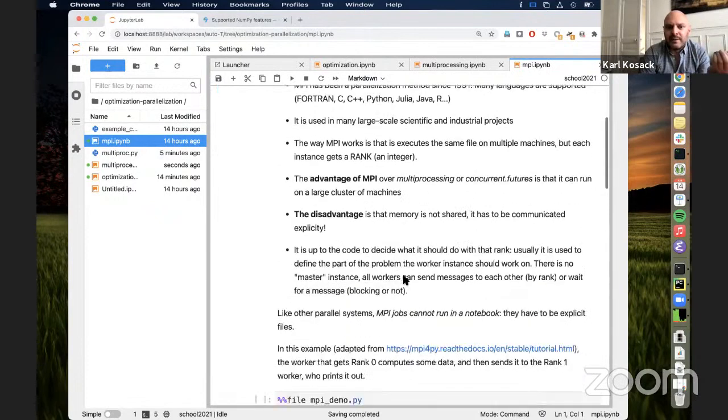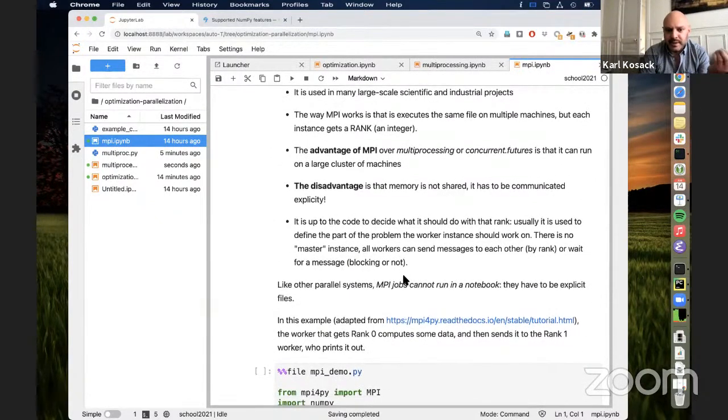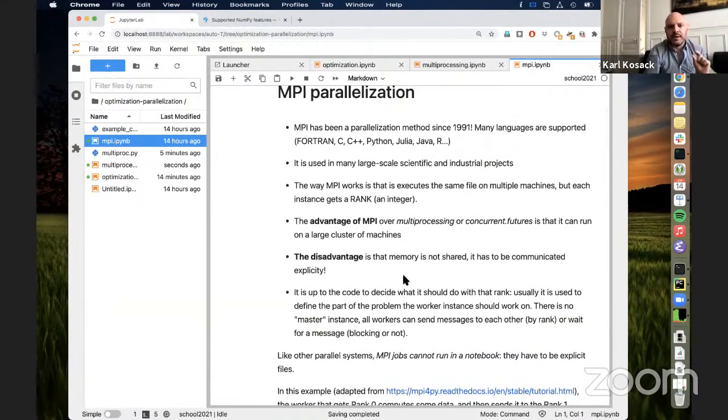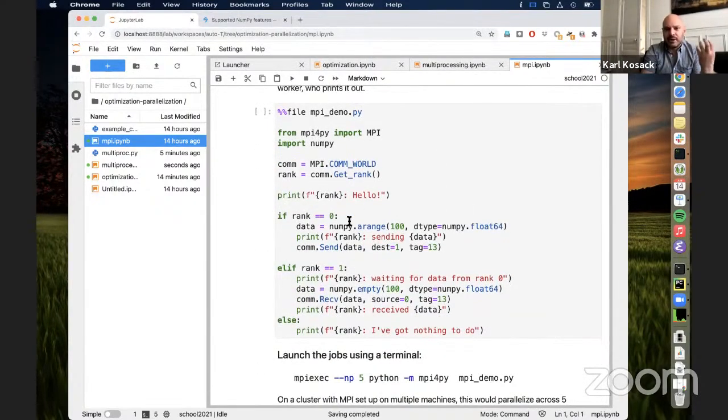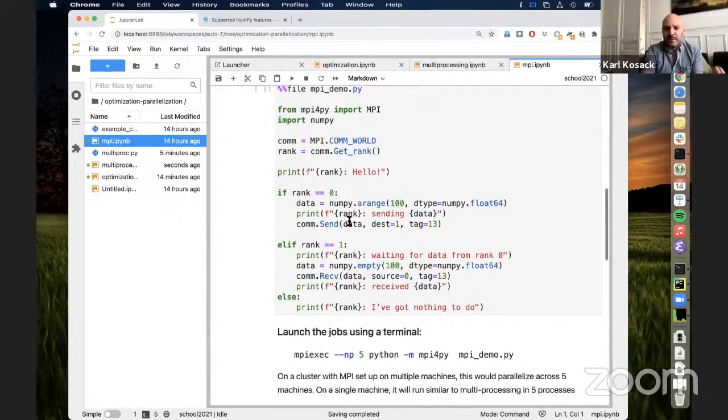This is another way of doing parallelism. I'm just going to quickly mention this because I think it's important that MPI is a standard for doing parallel computing that's been around since 1991, I think is when it was created. I used this many years ago, and it still works on modern machines as well as very old machines. It allows you to run things either on multiple cores on a single computer or on multiple cores on any computers on a network. So it's a very powerful system, but it requires a little bit of extra work and some thought because it doesn't do as many things for you automatically.